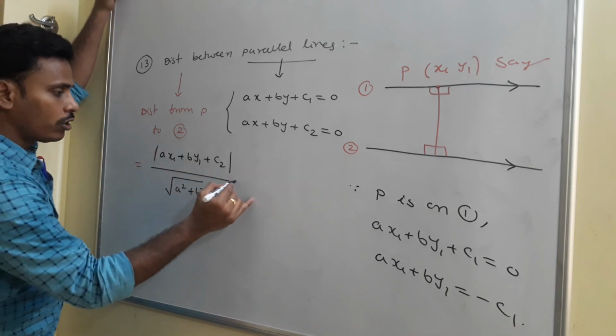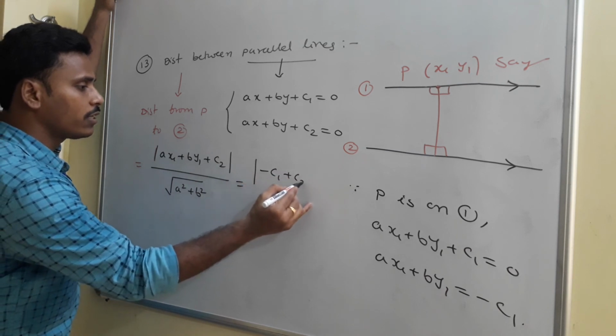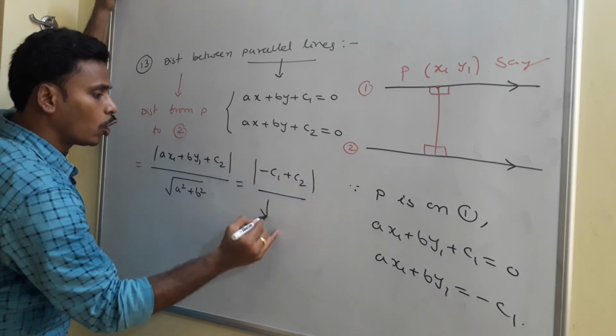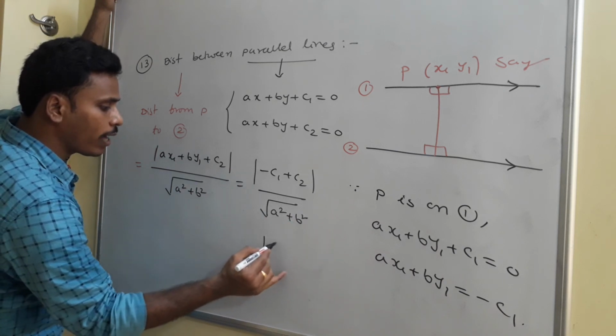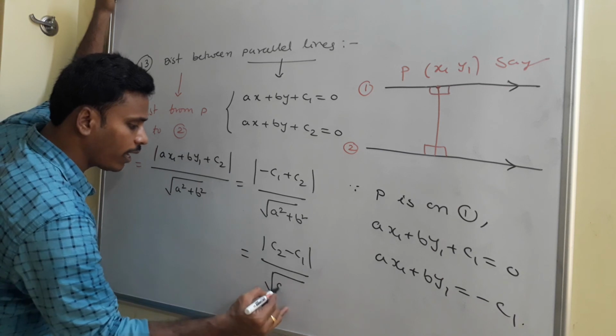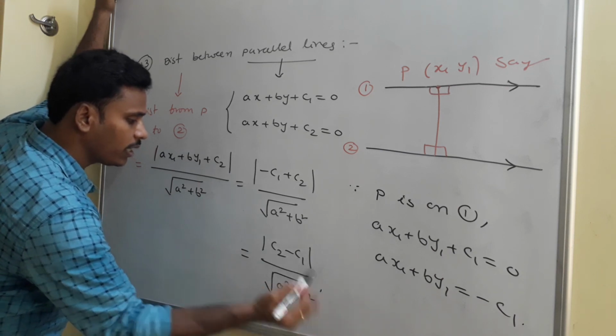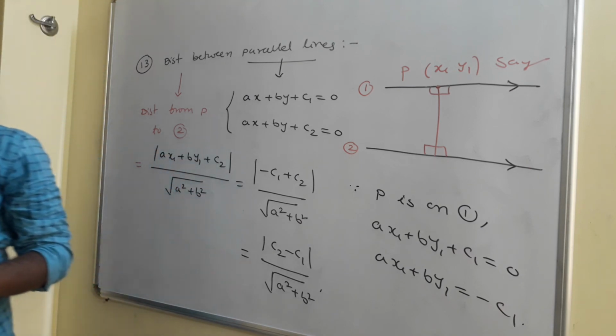So ax1 plus by1 is minus c1. So this is equals to modulus of minus c1 plus c2 divided by root of a square plus b square. And on simplification, you directly say it as c2 minus c1 by root of a square plus b square is the distance between the parallel lines. That c2 minus c1 is the difference between